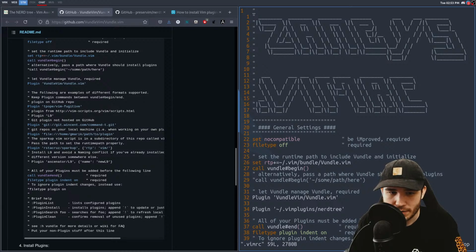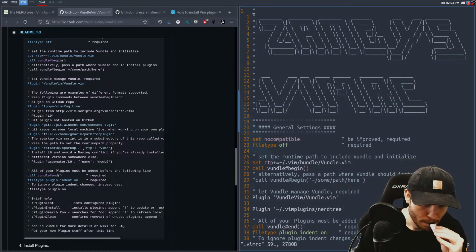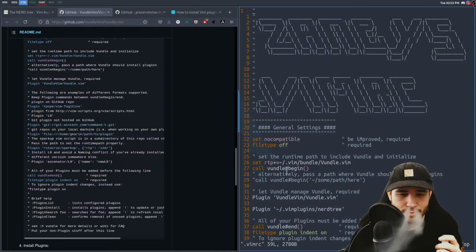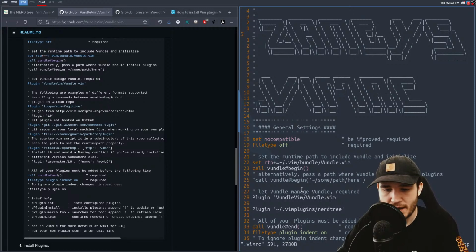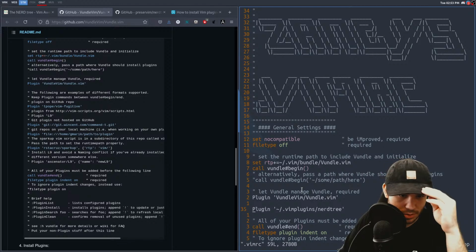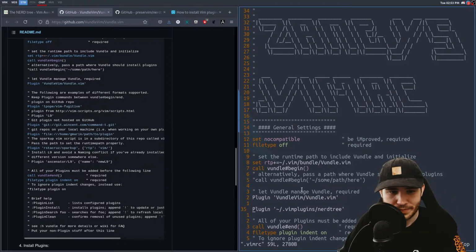The following are examples of file formats or different formats supported. Keep plugin commands between. Maybe the plugin command is actually like, because here it says for the top one, plugin from, and it's like a website. Plugin not supported. Wait, hold on. The following, keep the plugin on GitHub repo. So instead of doing that, I think what we have to do is actually